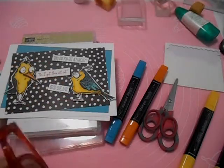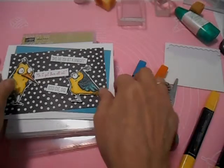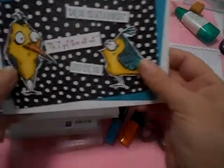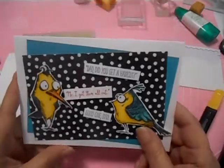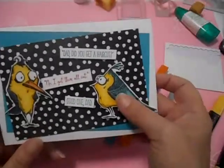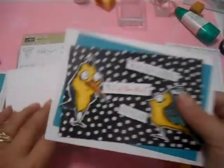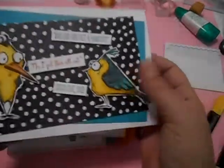Hi there, I'm Cheryl, and I have a funny Father's Day card to share with you today. You see that? Look at those crazy birds, and that's what they're called, crazy birds. It's a Tim Holtz stamp, and I combined that with the Dad Jokes stamp set from Stampin' Up to make